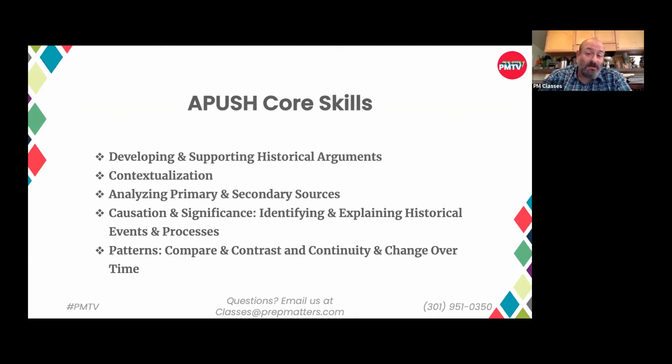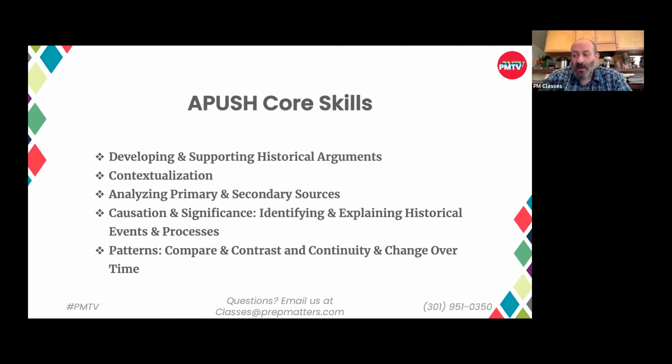Now on the other hand, saying the American Revolution was essentially a conservative revolution, or, in turn, the American Revolution represented a radical break with the past. Those are, in fact, arguments. Those are theses, and you can support them, and somebody can make a reasonable case why you're right or why you're not.